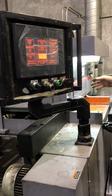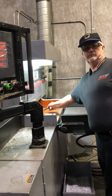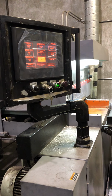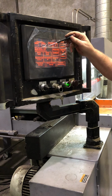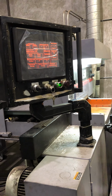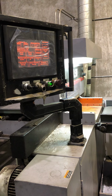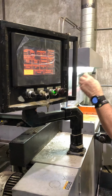But that's just a reference so that now it starts counting. 0 is the cut line, and it gets bigger as it goes back. All right? For the blade, it's a negative number because 0 is that wall. Anything on that side is a positive number. So in the setup page,